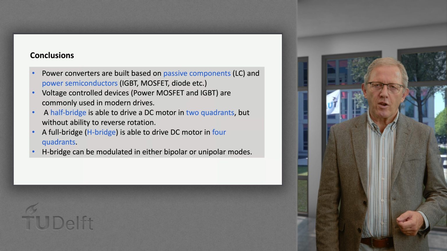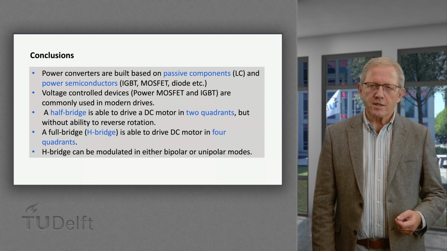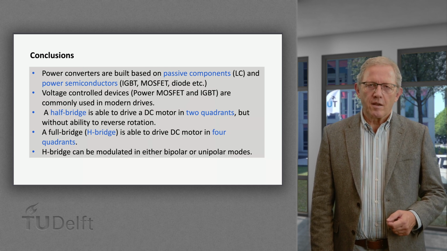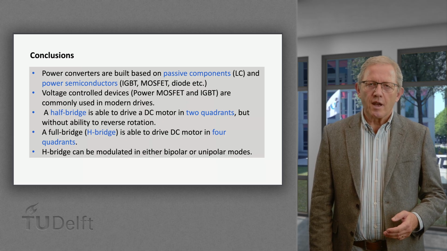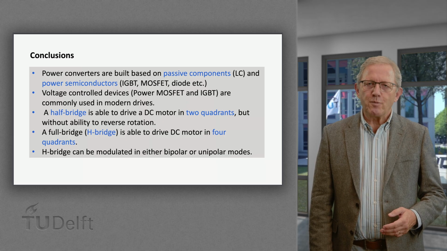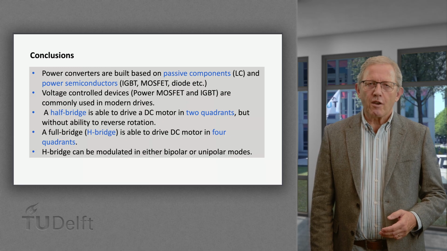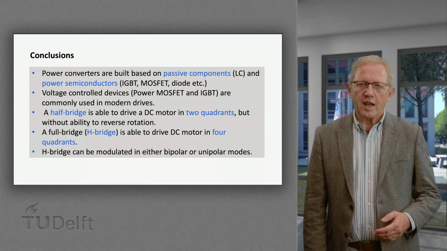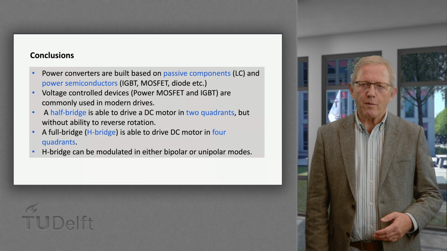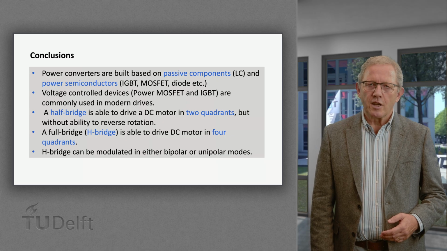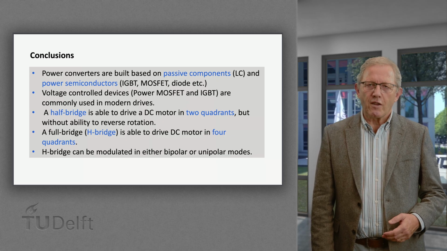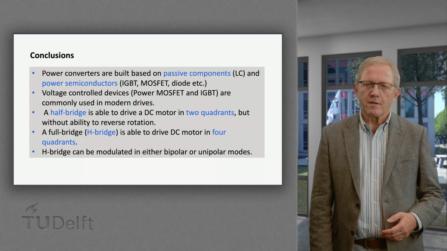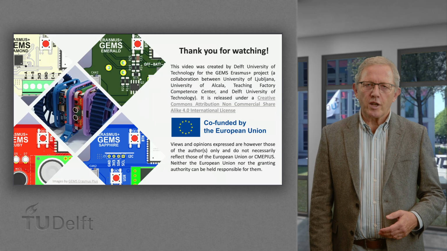Looking back, we have learned knowledge on both component and circuit levels. We know now how a half bridge is formed and how to realize an H-bridge based on a half bridge. We also touched upon the two different modulation schemes for the H-bridge. In the coming lectures, you will learn more about how to use the H-bridge to control a DC motor with feedback-based control and measurements. Hereby we conclude the lecture.